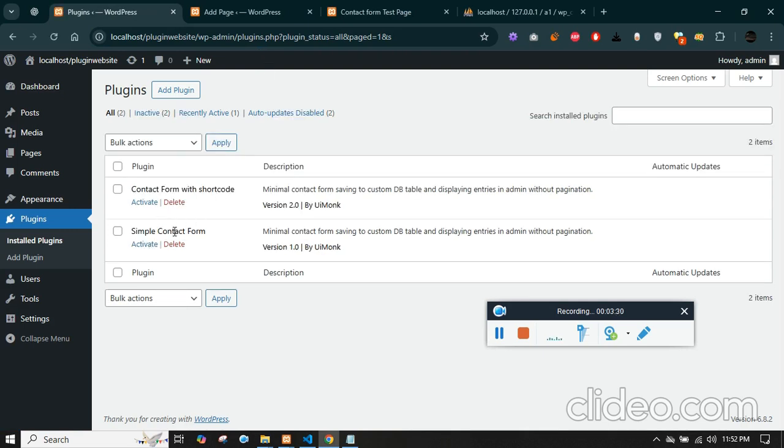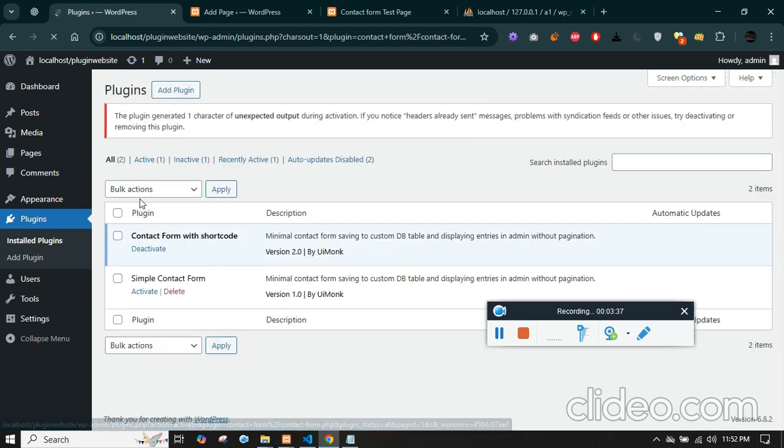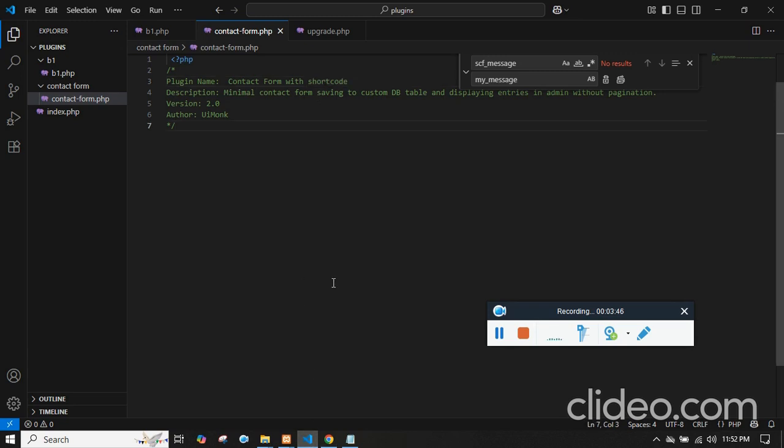Now you can see contact simple. This is the contact form, and if I click activate, nothing will happen. So when I click activate, there is something that needs to happen, which is I want to initialize a table when I click on activate. So let's just do that. So with this function,